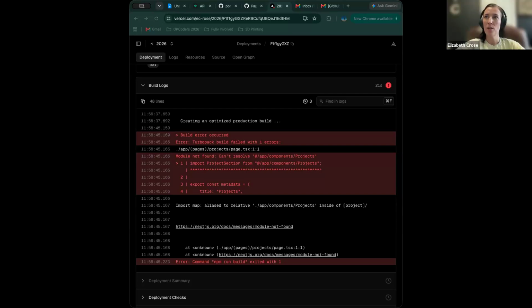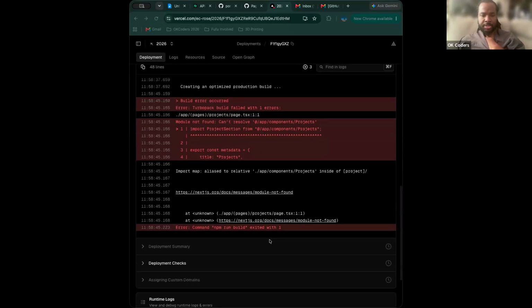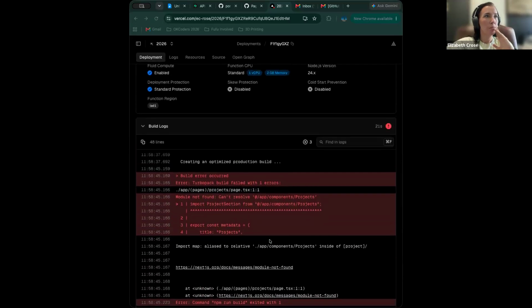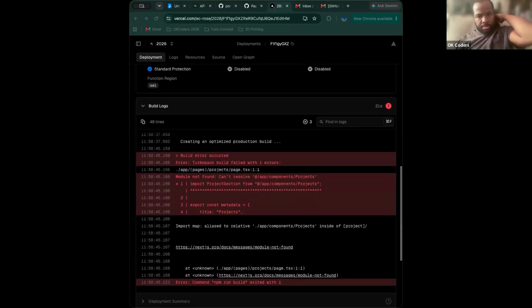Mm-mm, not. Okay, so all pages projects page.tsx, it's saying import project section. When it says module not found, it's usually an error with the import itself. So it's saying that it went to the components projects path and did not find this project section. So if you want to bring your project up,